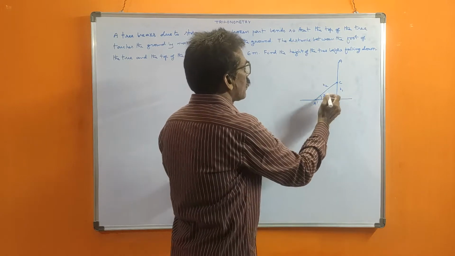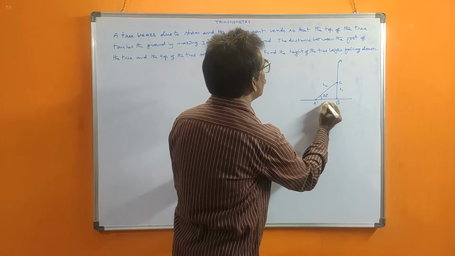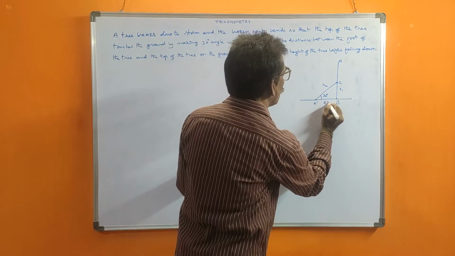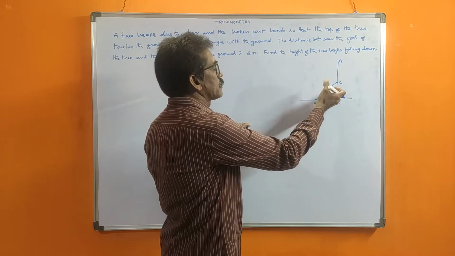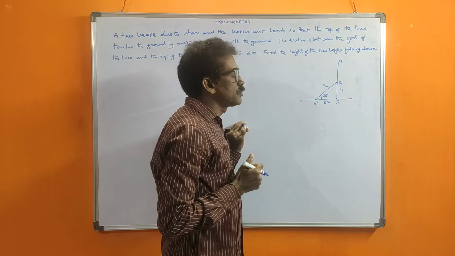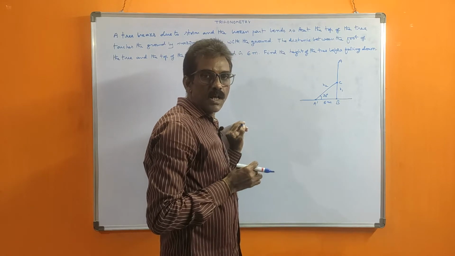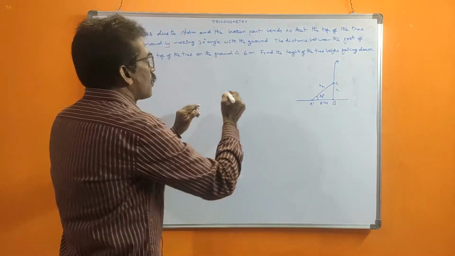Okay. Again he gave the foot of the tree to the top of the tree distance also as 6 meters. This is enough to calculate these two lengths. After finding H1 and H2, if we add H1 plus H2, that gives the total height of the tree before falling. Understood? Now according to this, we will write.